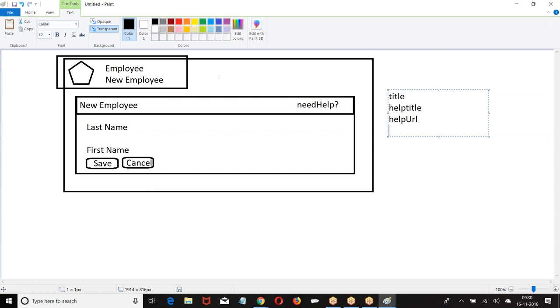Now, if any component requires user interaction, we have to write a form. Anybody finding it difficult, let me know. I can help you out. First, everybody has to start with what? Apex page.